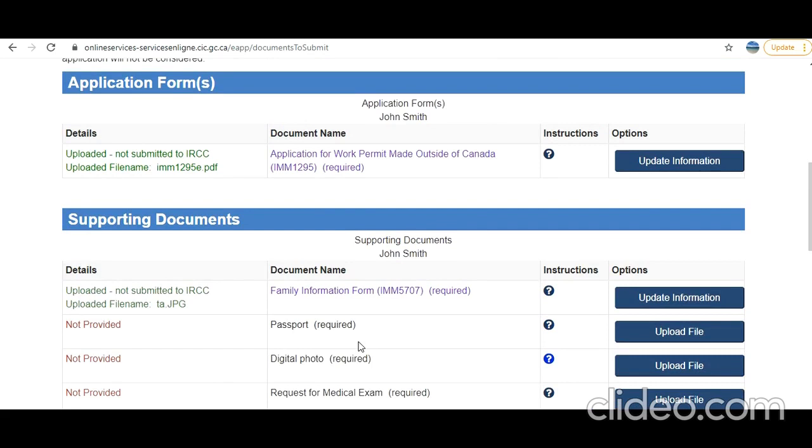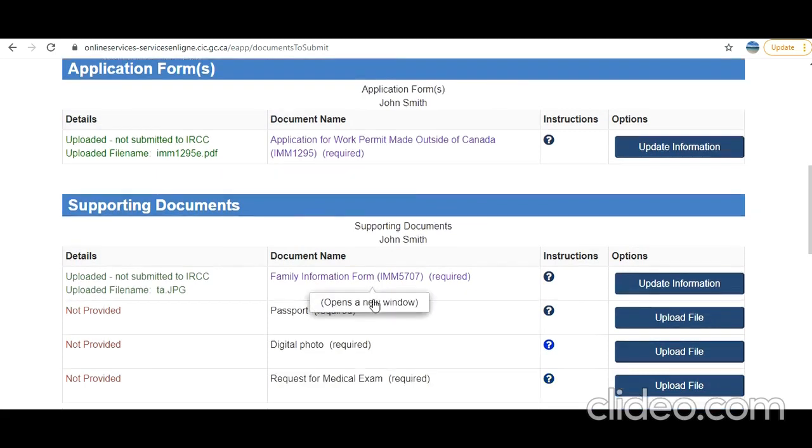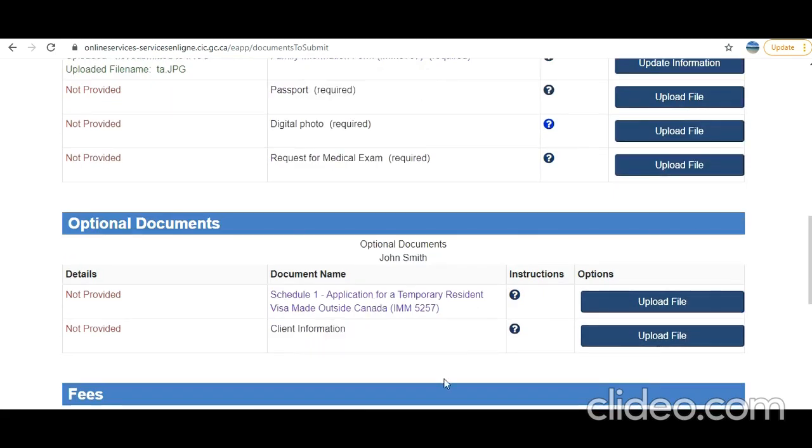Moreover, in this case, where you are applying on behalf of your partner, it's important that you upload her documents over here, like her work permit, her passport, your proof of relationship, marriage certificate, all these things. You can explain that in the letter, so that when the officer reviews it, they come to know this is the case, and based on that they can proceed further.